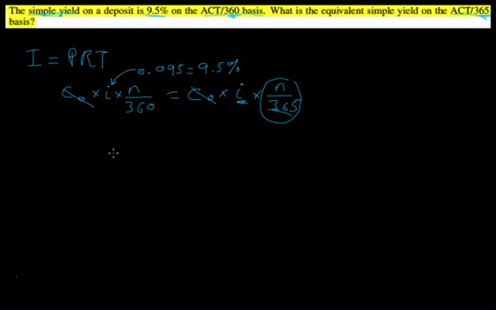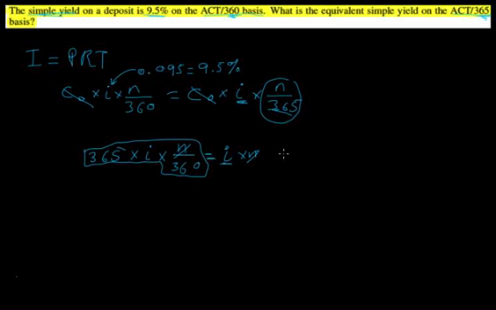So we're going to have 365 times I times N over 360, and that's going to equal I times N. And when we divide N on both sides, that's going to cancel out, and that one's going to cancel out. And so this amount over here is equal to I, this new I, when we have the yield on an